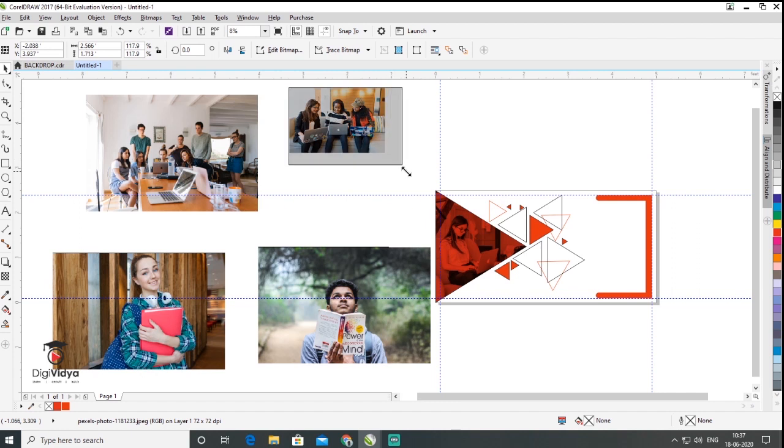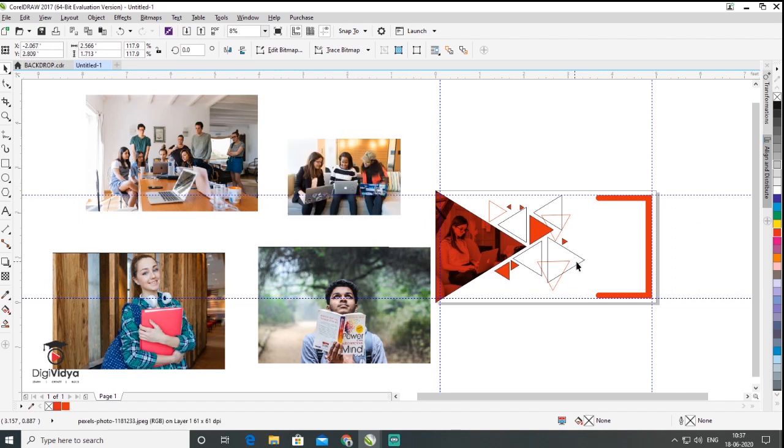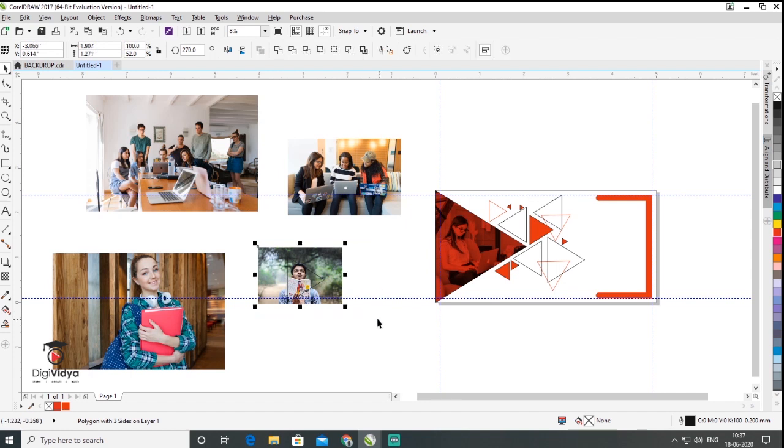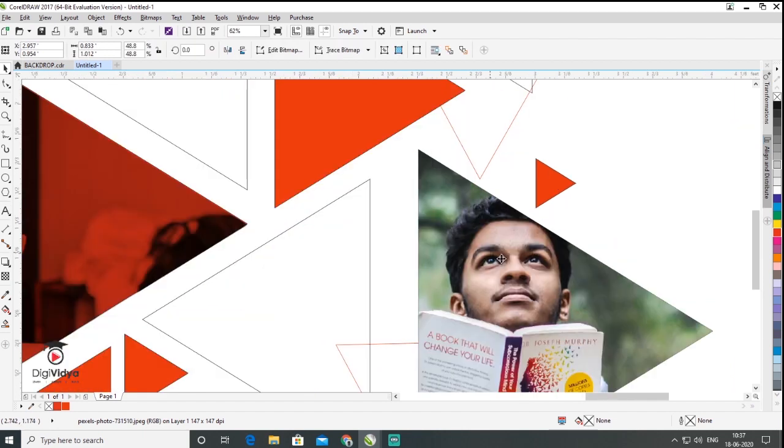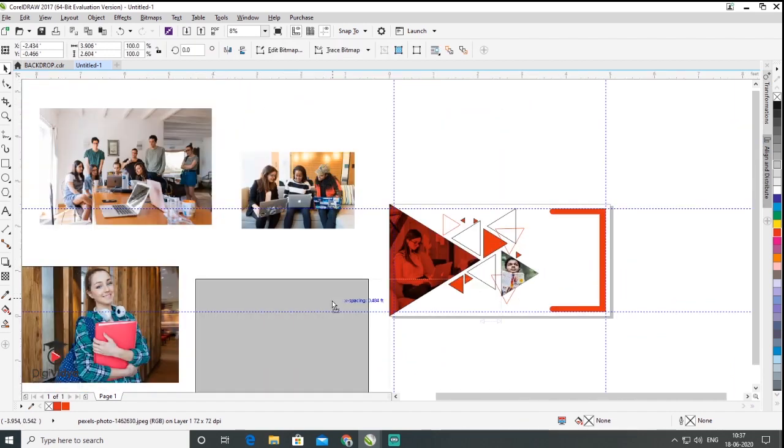So I apply the same method: copy and paste, drag this triangle, resize the image and triangle here, select both the image and triangle and intersect them, delete the outline, delete the big image and drag this image into this one. So this is so easy, right? And I apply the same things in 3.